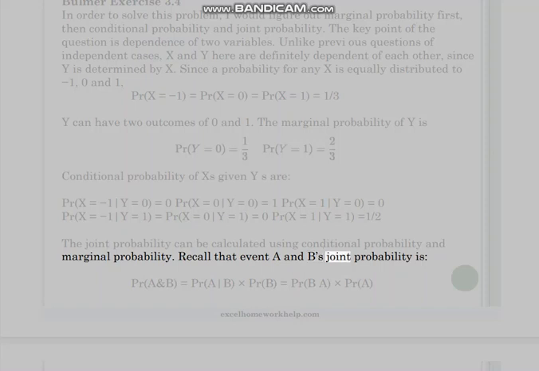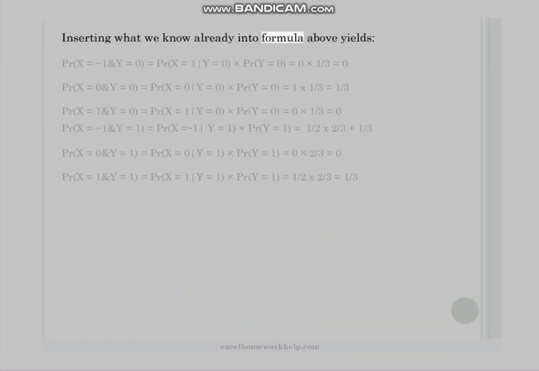Recall that the joint probability of events A and B is Pr(A and B) equals Pr(A|B) times Pr(B) equals Pr(B|A) times Pr(A). Inserting what we know already into the formula above yields Pr(X=-1 and Y=0) equals Pr(X=-1|Y=0) times Pr(Y=0), equals 0 times 1/3, which is 0. Pr(X=0 and Y=0) equals Pr(X=0|Y=0) times Pr(Y=0),